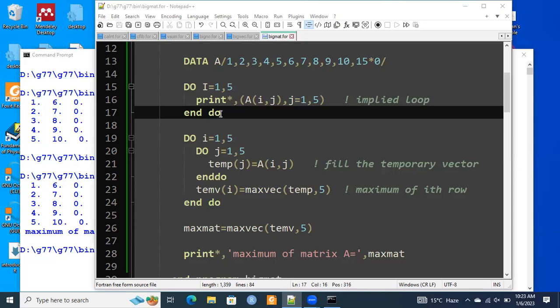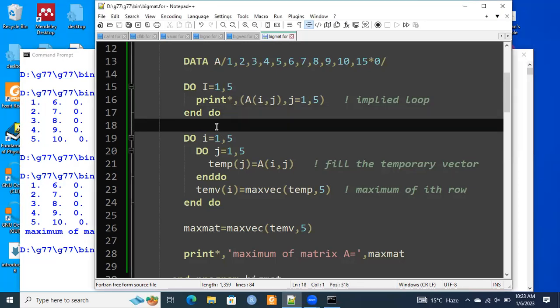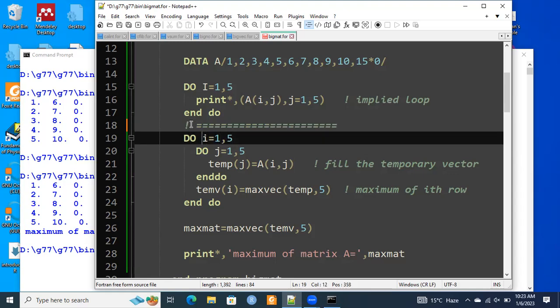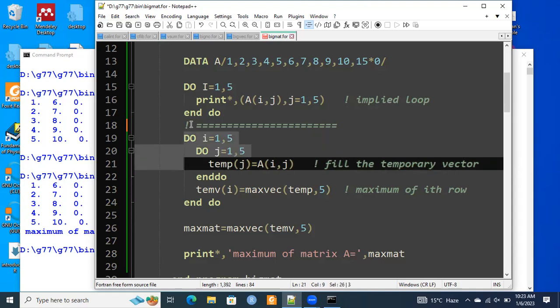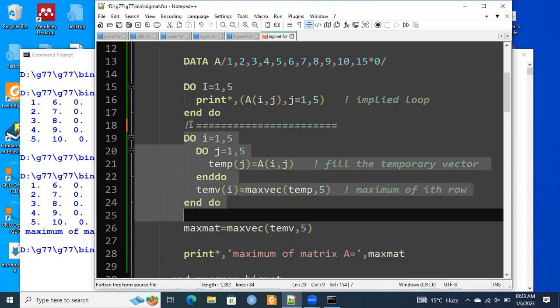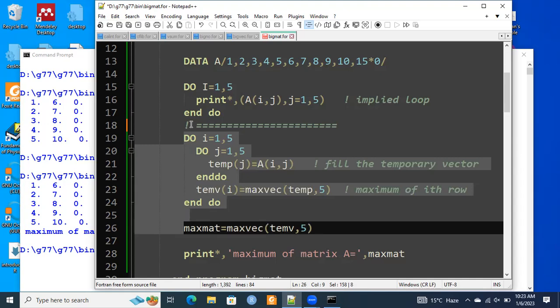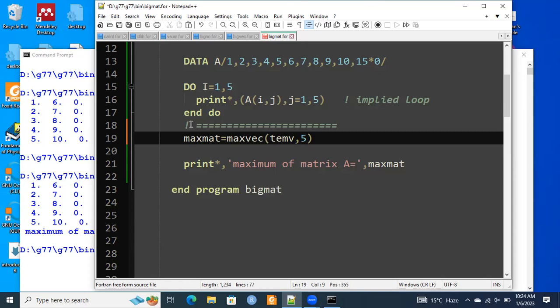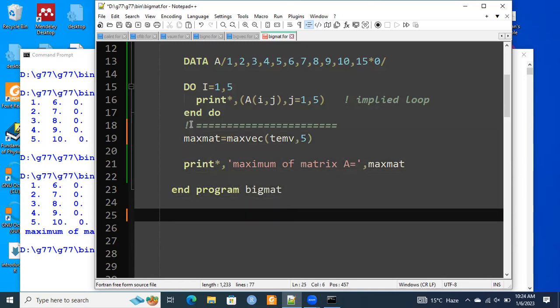Let's move forward to develop the function for it, and yes, this was the algorithmic part, where once the data values of A are known, then we work with the temporary vectors, and finally the matrix maximum value is returned. That's the part of the algorithm we have to copy. So I first copy it and paste it just below the